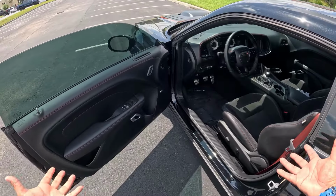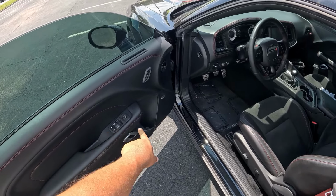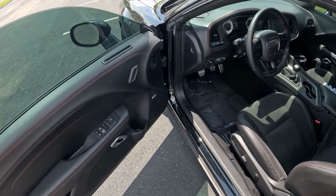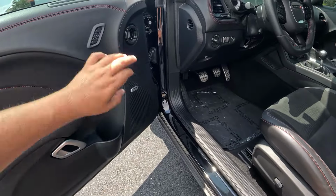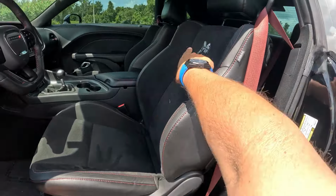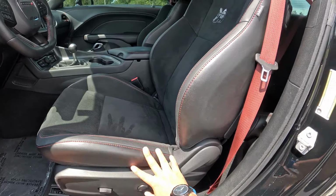Now, as you can see, guys, we got the same thing as the other side, the passenger side. We got controls for your windows and mirrors, a little bit of a cubicle just for basically a water bottle, and 2 memory modes for your seats. Yeah, these are awesome seats. Plenty of bolstering here on the side. We got the bumblebee right there. These are a mix of Alcantara and a bit of the Napa leather here on the side